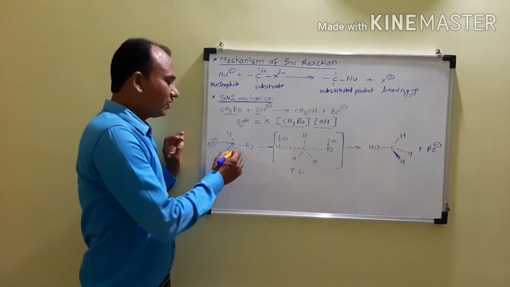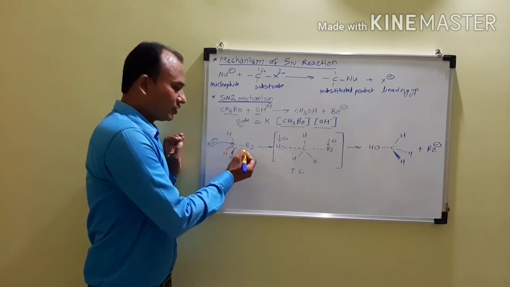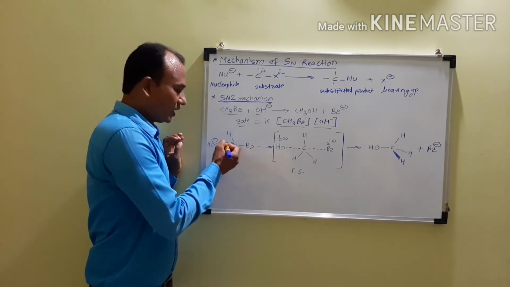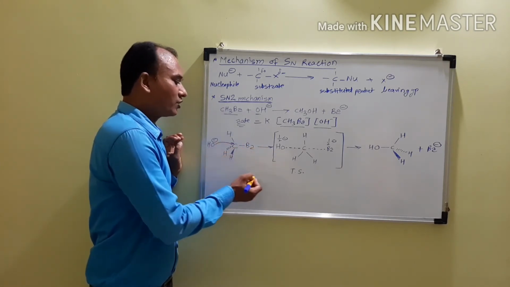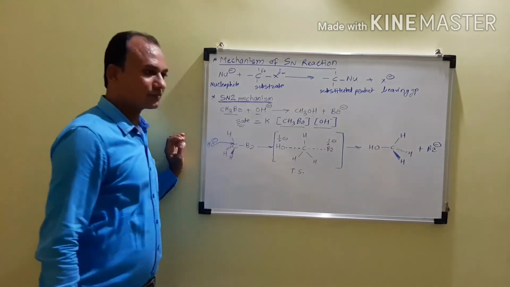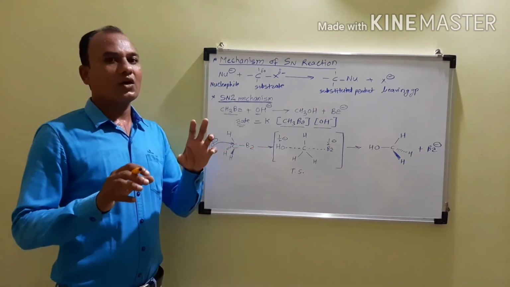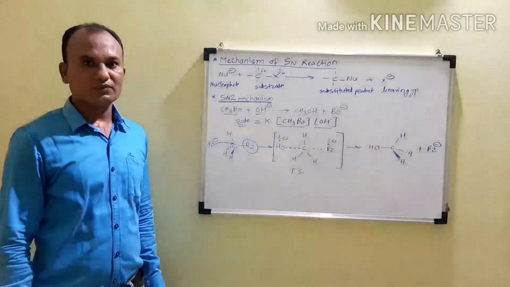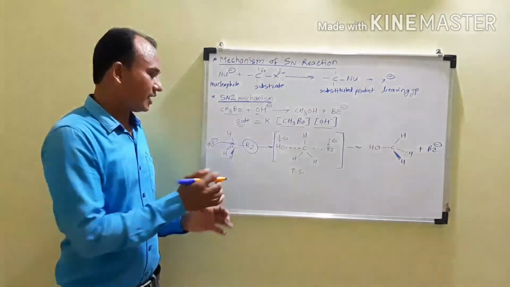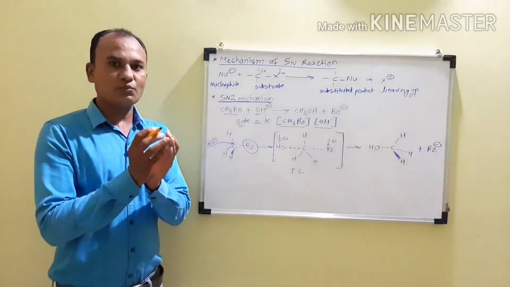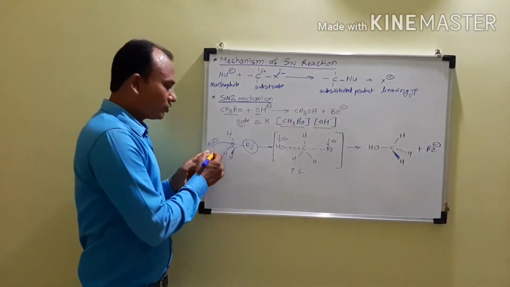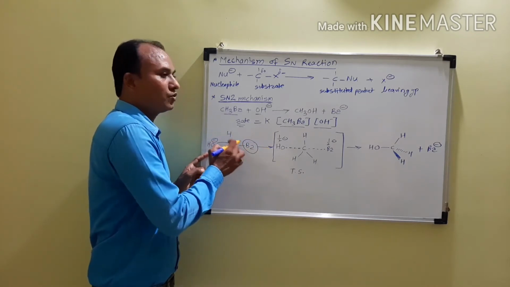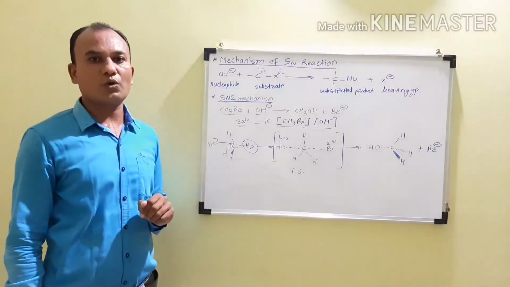Because the front side is where the bromine is attached. If we consider the hydroxyl ion attacking from the front side, then there will be steric hindrance due to the bulkier bromine group. The size of the bromine group is large as compared to hydrogen, having the smallest size. When it wants to attack from the front side, this bulky group restricts the attack of the hydroxyl ion on the carbon. That is the first reason the front side attack is not possible.